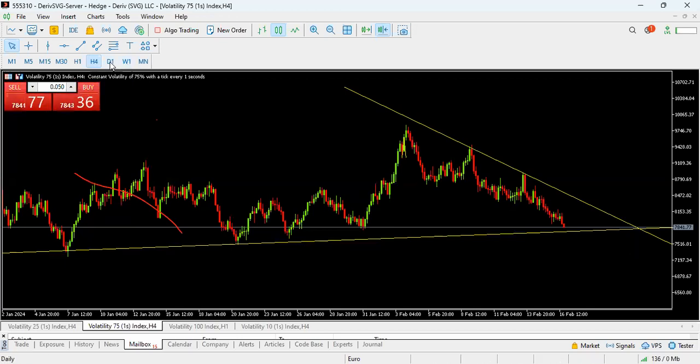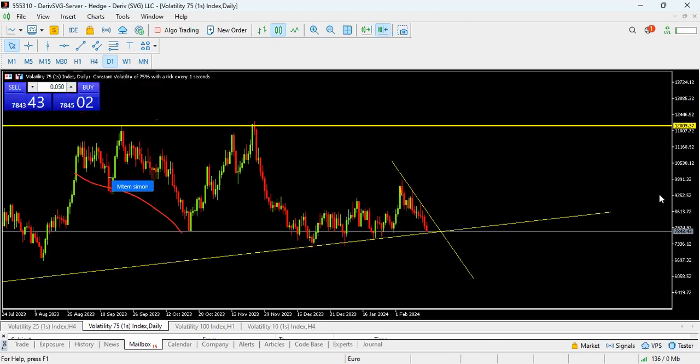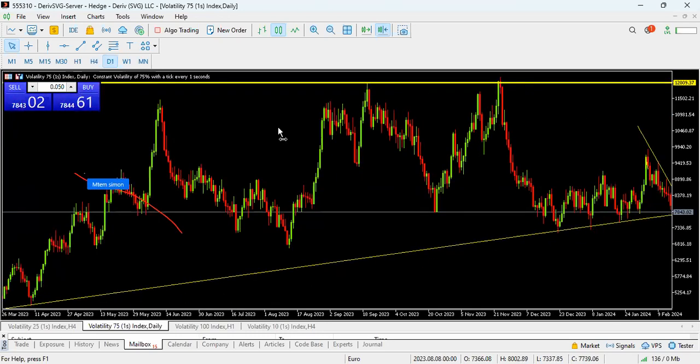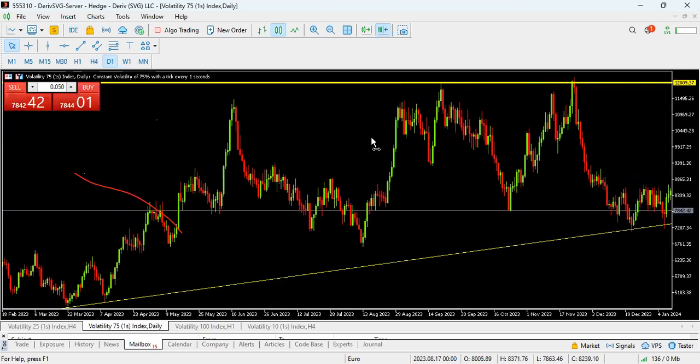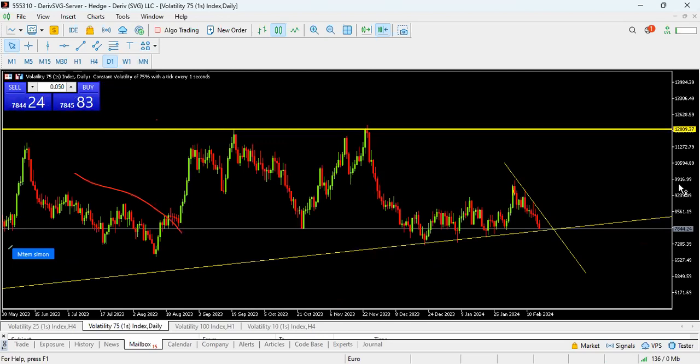Let's look at weekly. Okay, daily, still daily, and see how the daily. It may get all the way down here, but then let us wait for a retest to happen here. Let it break through this line, retest down here, then we know that the market may likely go to the upside. But for now, the market looks like